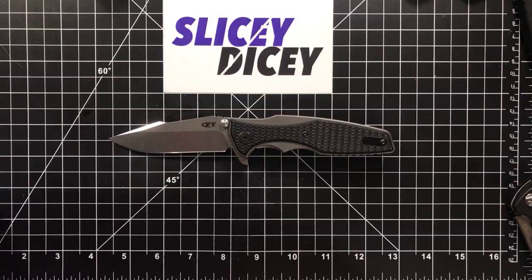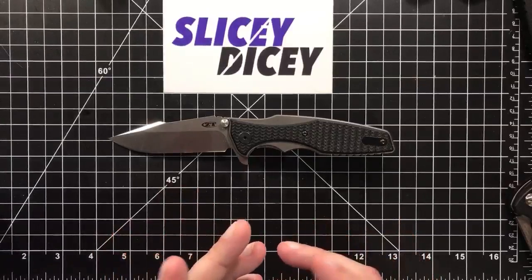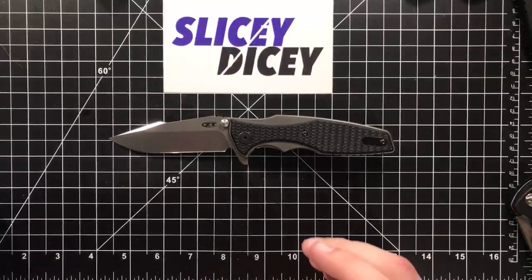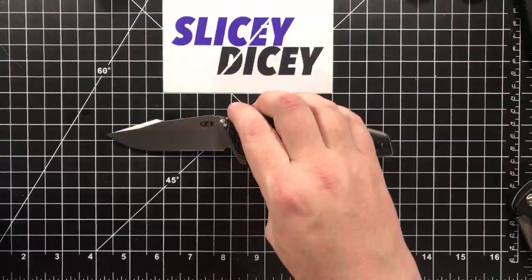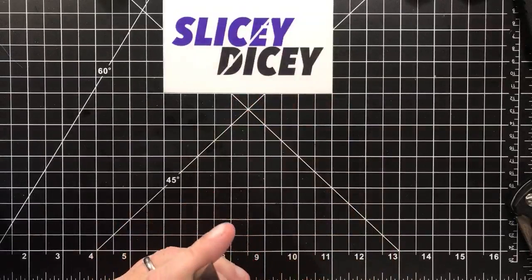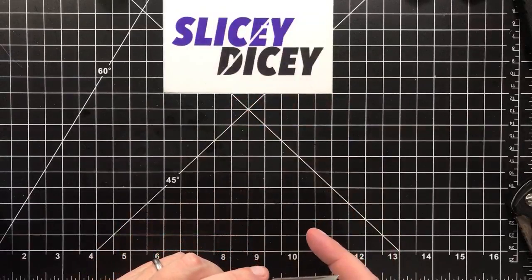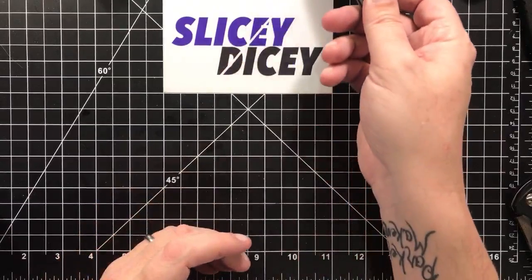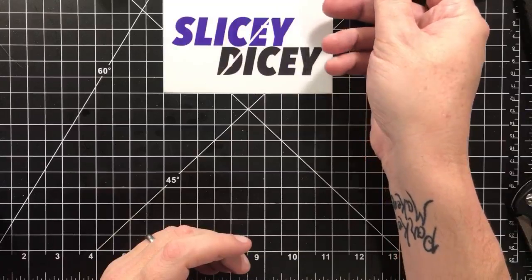Large Honey Badger. I have the medium one. I don't know if I really want to get a large one just for that. And also, I have a really hard time getting them shipped to me because I live in New York State and Amazon has decided that flipper tabs are illegal here, even though they are totally not. So, yeah. How do you feel about the ZT Slicer 056? I'm not quite sure what that is without Googling it, and I'm on the thing, so